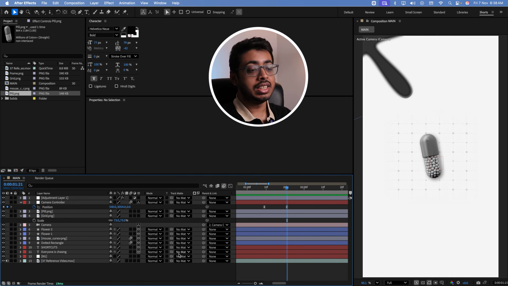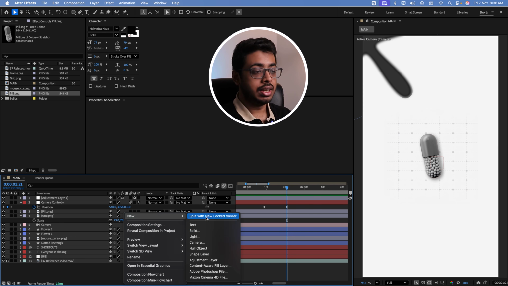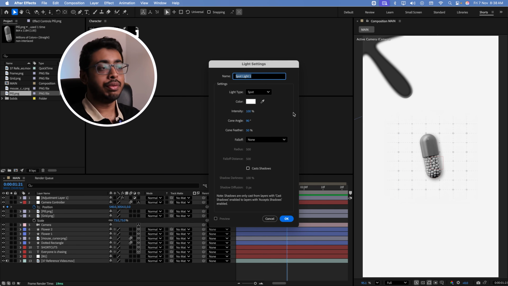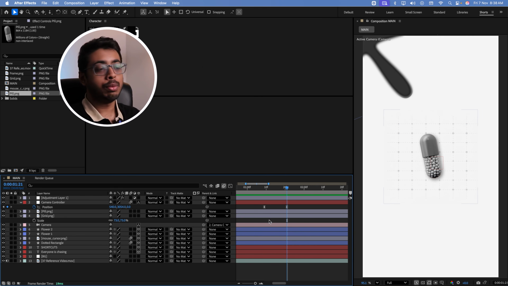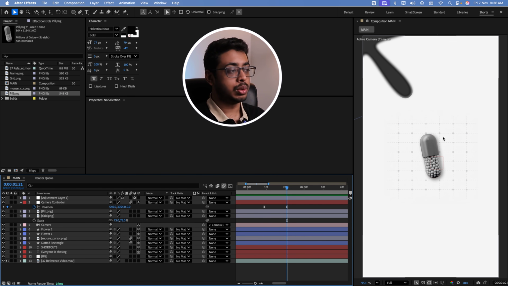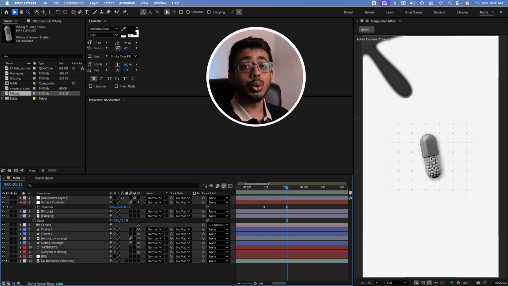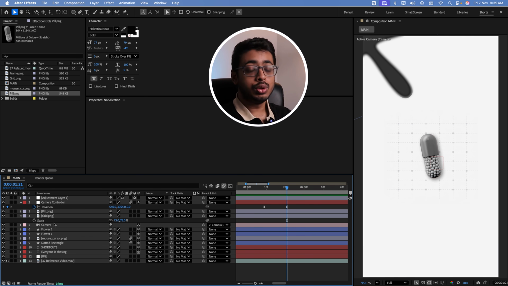Because on the 3D layers, there is something called this light. When you create this light, in the spotlight settings, you get different settings by which you can add a 3D light. But for now, I don't want it to be very complex. So we'll just keep this 2D light. But when you want to keep a 2D light in a 3D composition, you just need to ensure that the